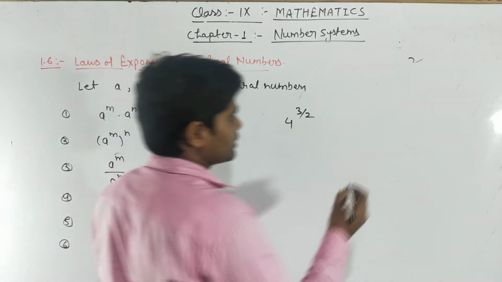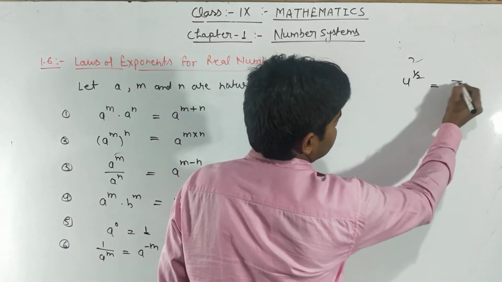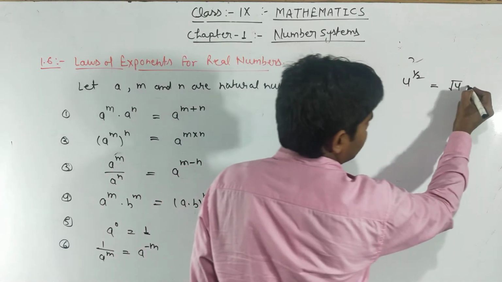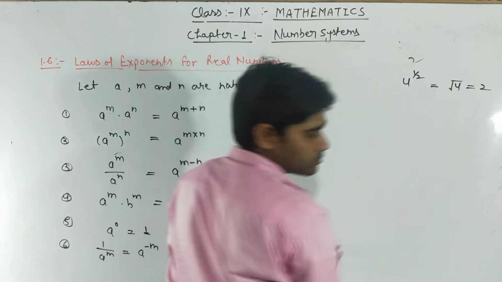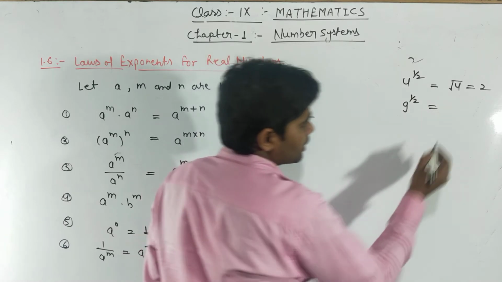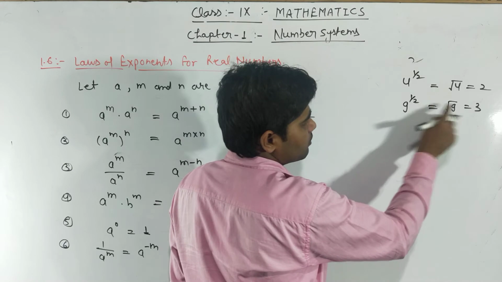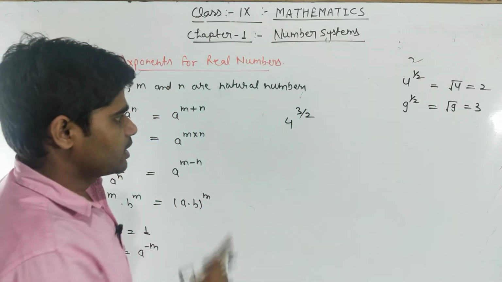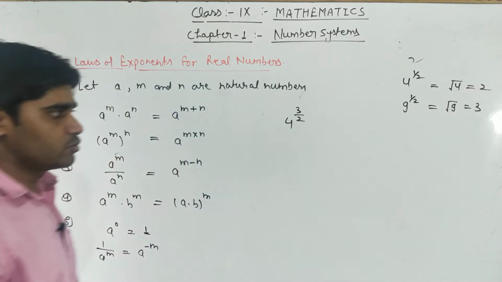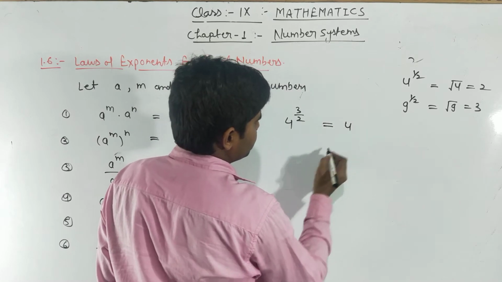Let's reverse. Like this is written 4 raised to the power 1/2, you can write this in this form, and what is the value of root 4? 2. Okay, suppose 9 raised to the power 1/2, you can write this as root 9, or root 9 is equal to 3, so 9 raised to the power 1/2 is equal to 3. Similarly here power is 3/2, 4 raised to the power 3/2, so you can write this in this form, 4 power